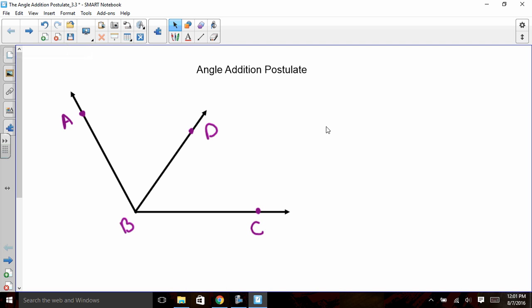Hello. Today we're going to go ahead and talk about the angle addition postulate. The angle addition postulate basically says that if you have two angles who sit right next to each other by sharing a side or a ray and a vertex, the angle of the combination of those two angles, the big one, or in this case my ABC, is simply the addition of my first piece, my angle ABD, plus my angle of DBC. So essentially what that looks like is angle ABC